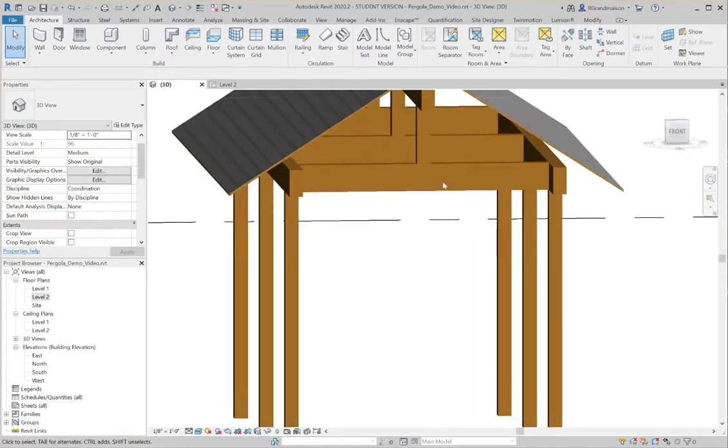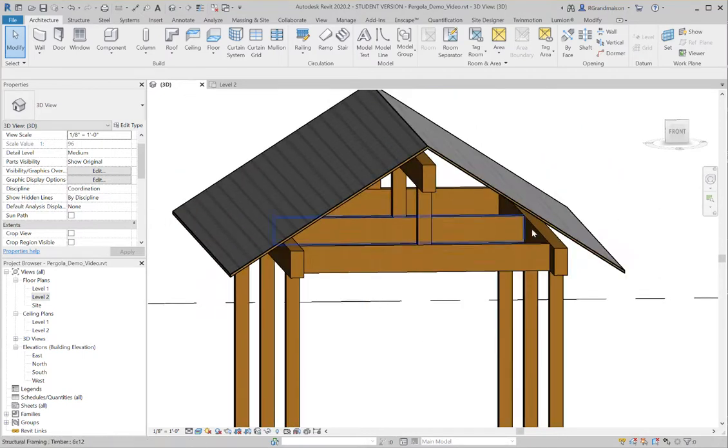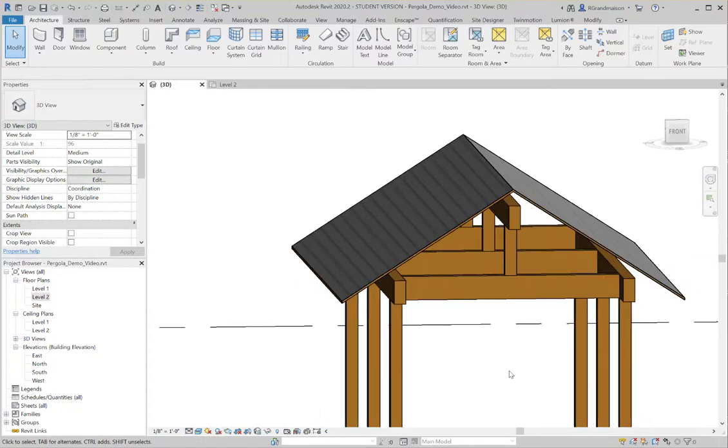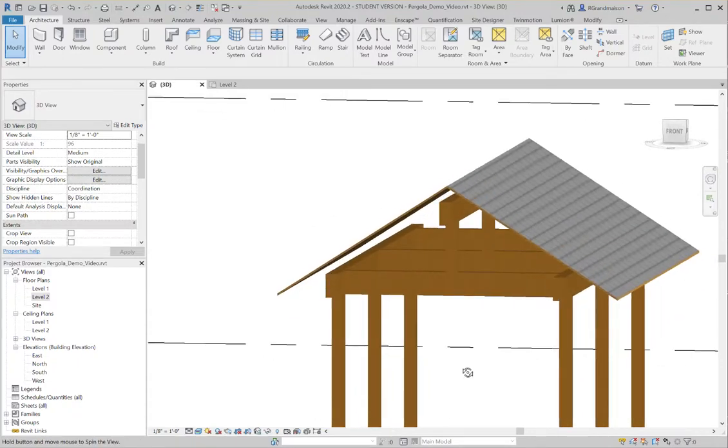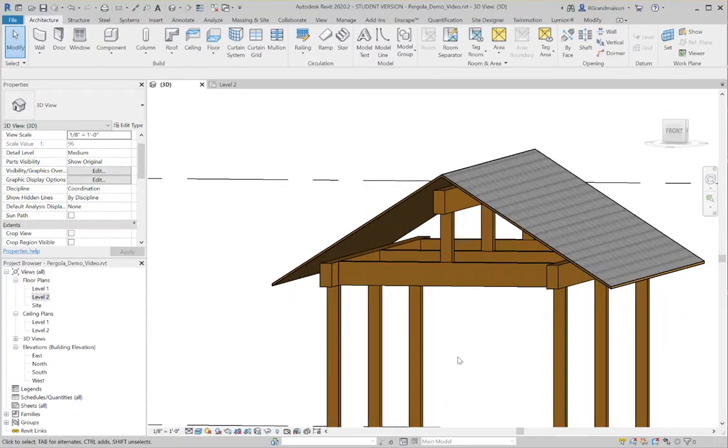The biggest issue really right now is that our roof is floating and it's not connected in the right way to the structure below. And that's in part because we're missing our rafters that we need to add inside of here. So the next thing I'm going to do is add some rafters to this. And we're going to do this by using a special feature called, if we go to the structure tab here,